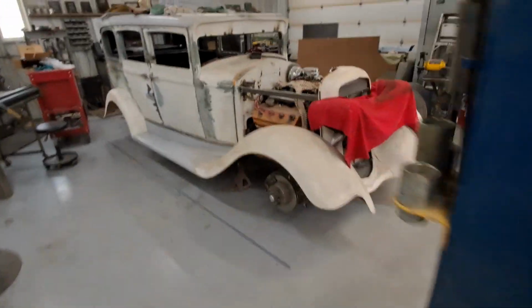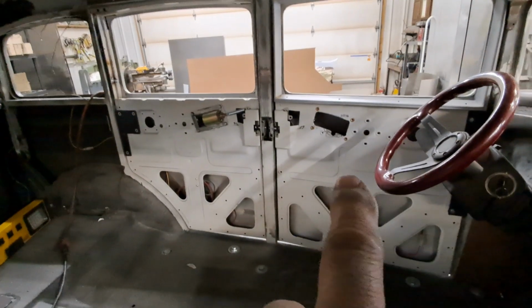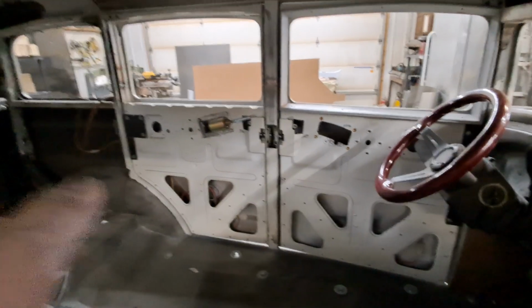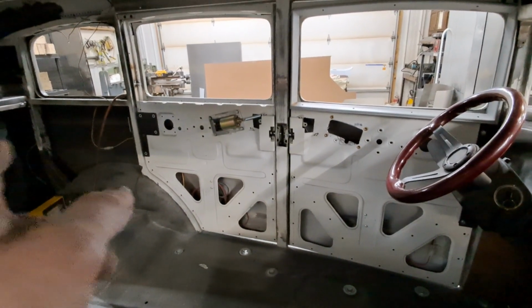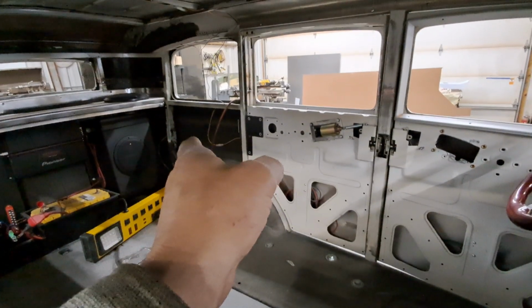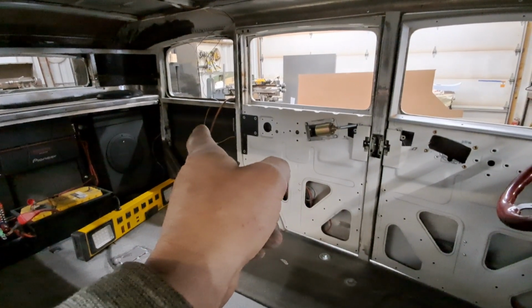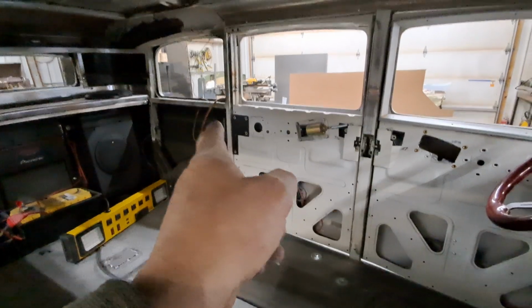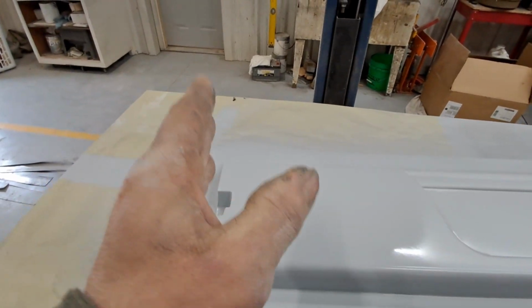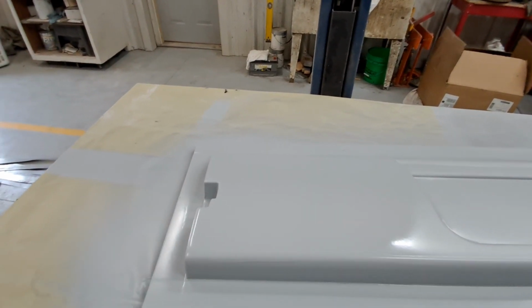I know I mentioned this, but there's 6 molds, right? So that door, those 2 molds will be that door, and then that door will be flipped. That door, the reverse of that door, and then that door on the back, it'll be cut a little bit shorter. That section is about 3 or 4 inches shorter than the door, so that'll chop off